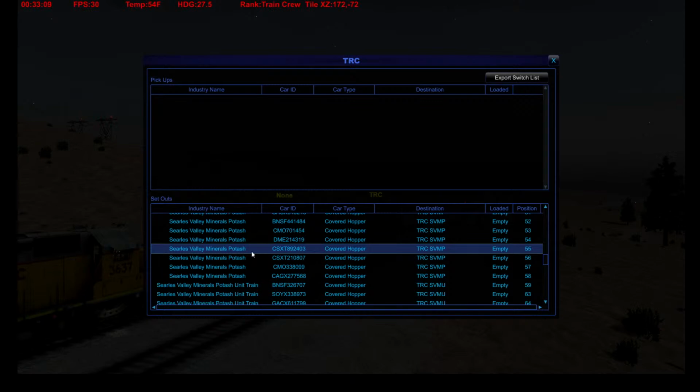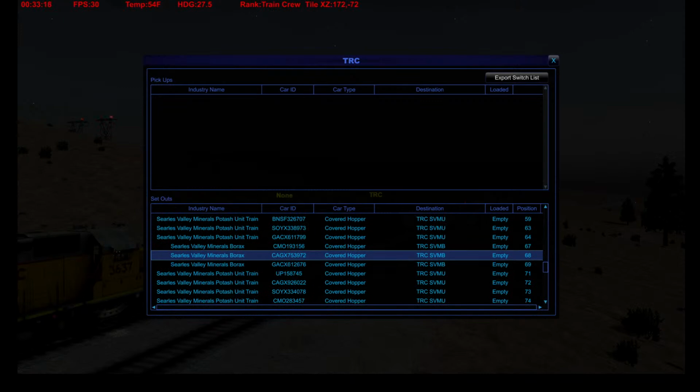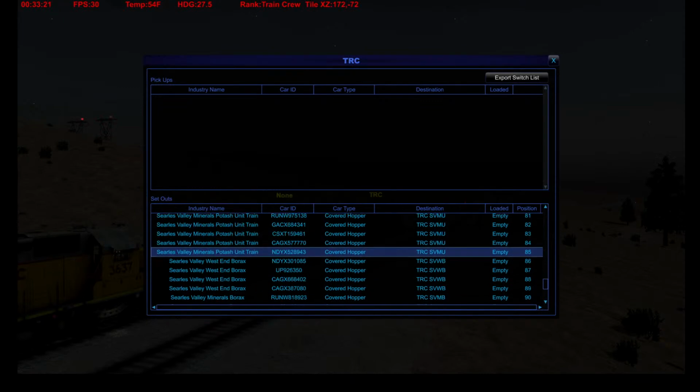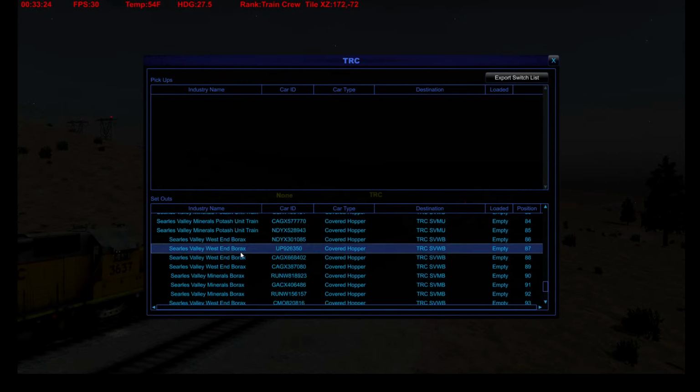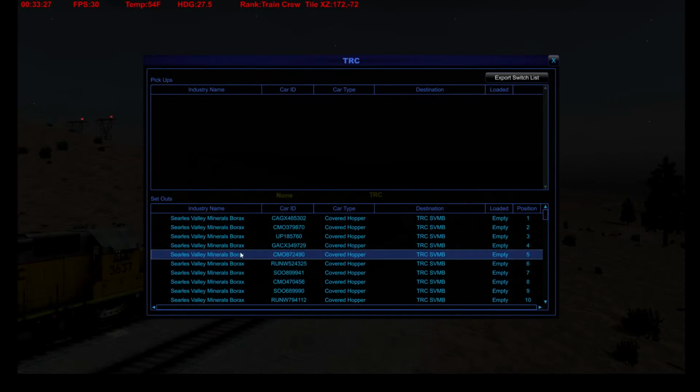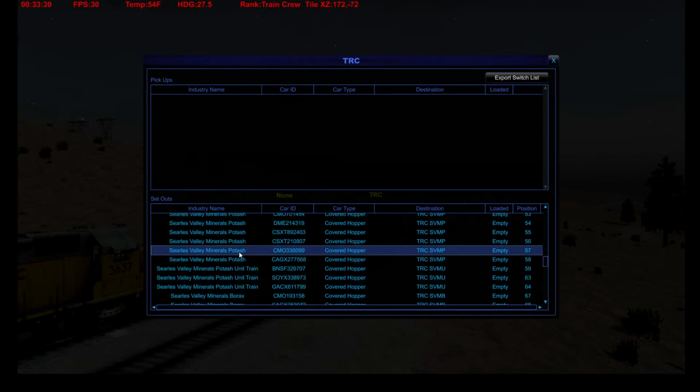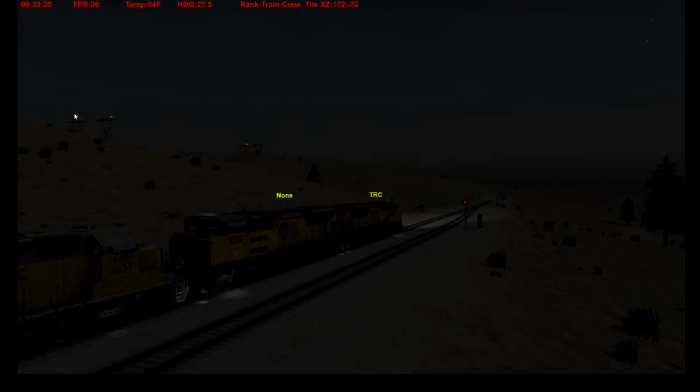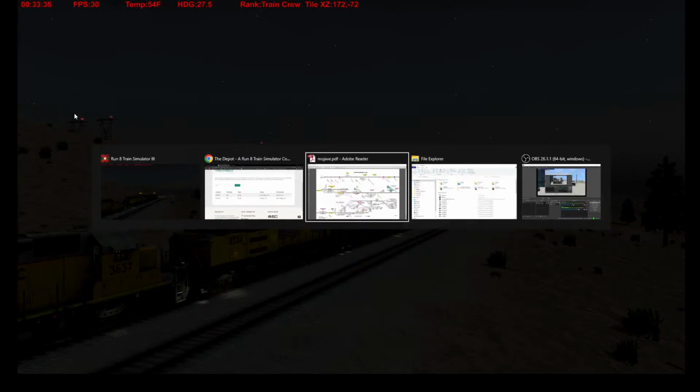Searles Valley Minerals Potash Unit Train. I'm going to have to talk to Scott about that because he'll probably know more about that, but that sounds to me like there's a unit train that goes to Trona. That could fix that. So I thought UP did an interchange, but maybe I'm thinking the unit train goes to Searles, but I'm not 100% sure on that. So